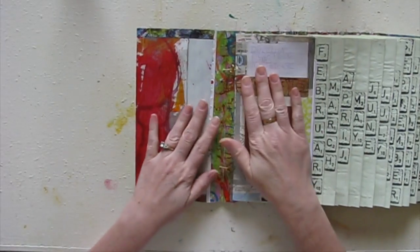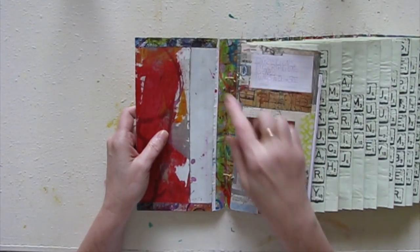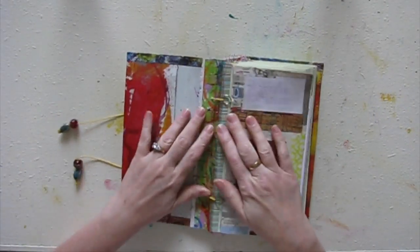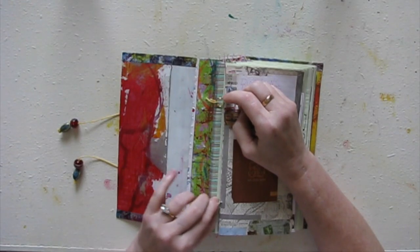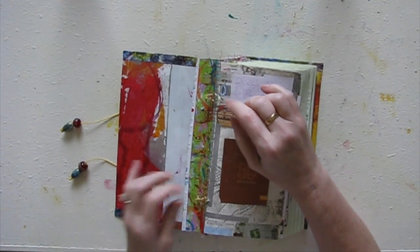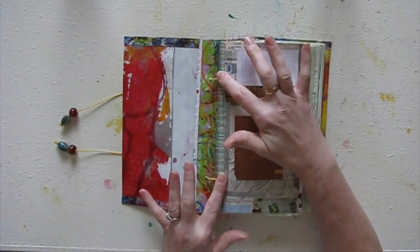And the way I attached it, it had to be able to move, because in the front of the book, it's on the string here, but see, when I pull the string, it needs to be able to slide freely. And jump rings are not what I wanted to use. I don't trust them, especially these, because they're kind of flimsy, and I'm afraid they're going to pull open. And I had a couple of ideas for some hardware pieces to use, but I just didn't have those on hand. So I'm going to do some more thinking about better ways to attach